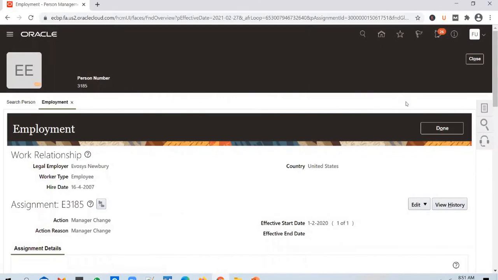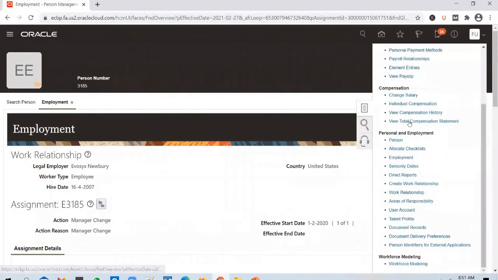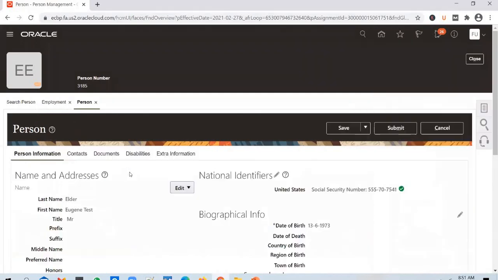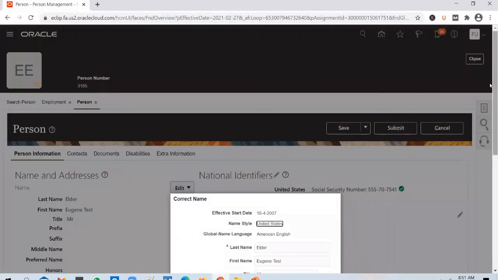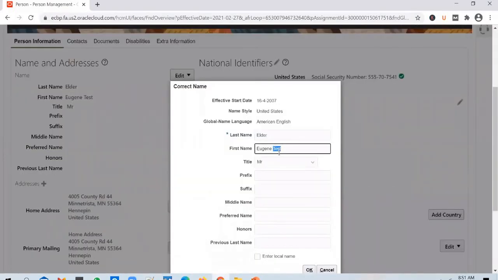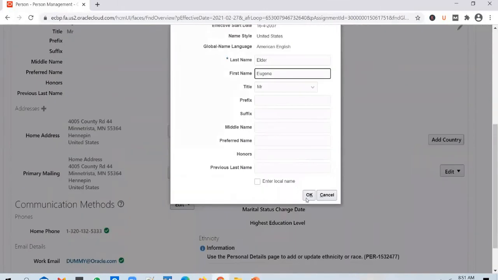And click on the task ribbon. Select the person details. You can do an update or correct, and you can change the first name.